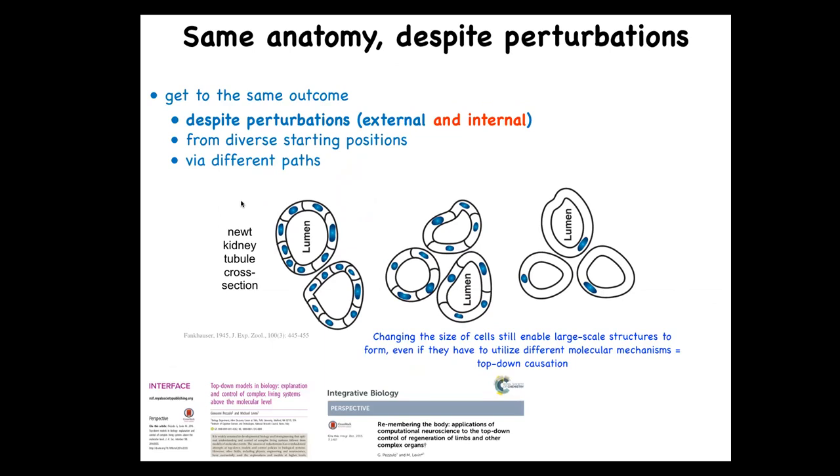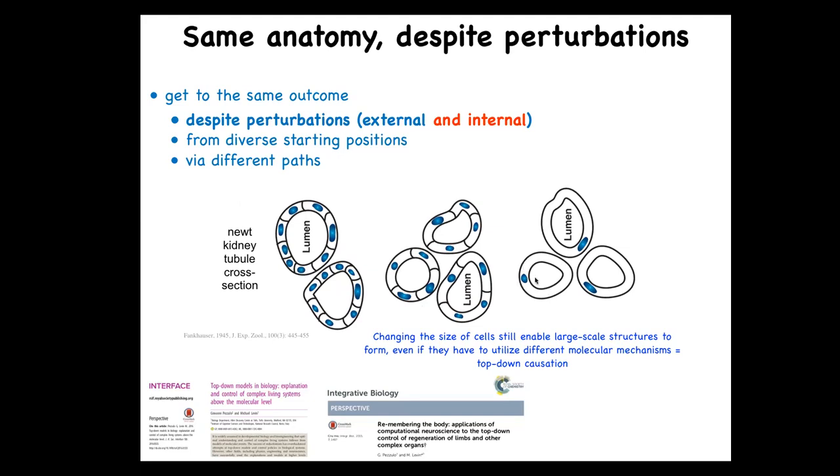When you do that, the cells get bigger to accommodate the increased amount of genetic material. The first amazing thing is that you still get a normal newt. So you can have multiple copies of your entire genome and still have a normal animal. The second amazing thing is that these larger cells, fewer of them will get together to still form the exact same lumen. So they scale the proportional number of cells to their new size. That's very impressive. But the most impressive thing is that if you make these cells absolutely gigantic, and this I believe is 6N chromosome complement, each cell will bend around itself to form the same